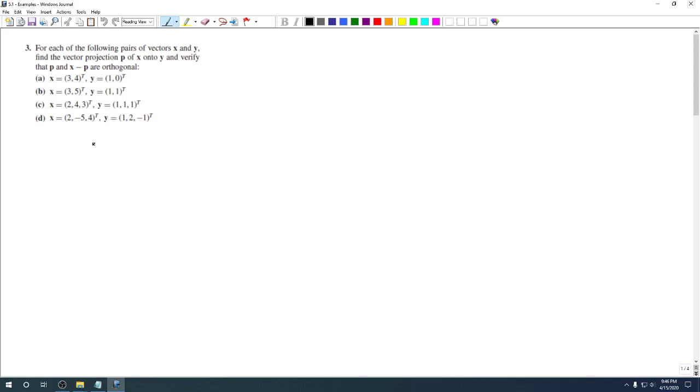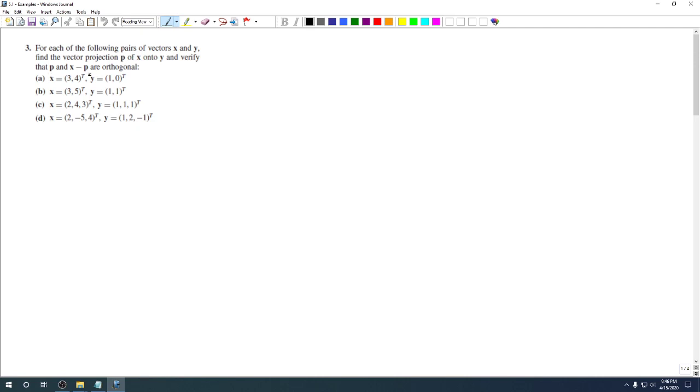Let's work some problems from section 5.1. So I'm just going to work out, well, I guess 4 problems, some with multiple parts to them. I'm going to start with problem 3, because you have problems 1 and 2 assigned to you in the homework. Here, for each of these vectors x and y, we are going to find the projection of x onto y, and then we're going to verify the directions of these,